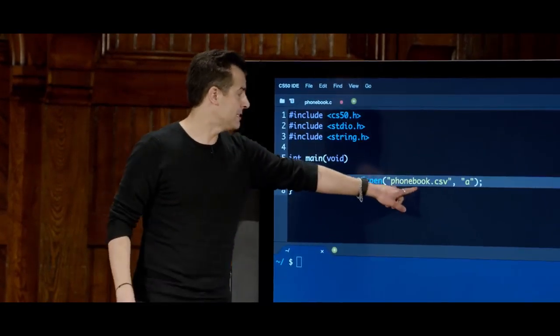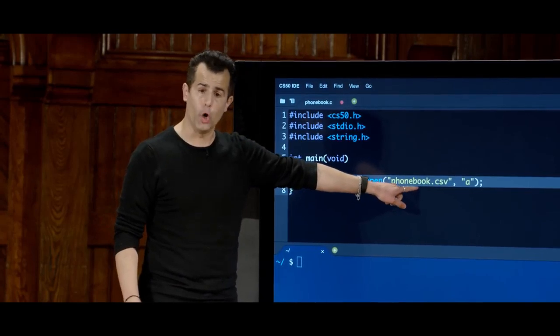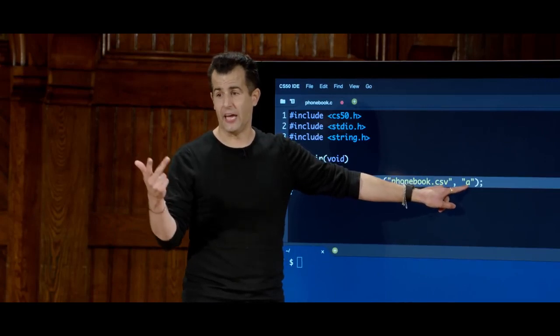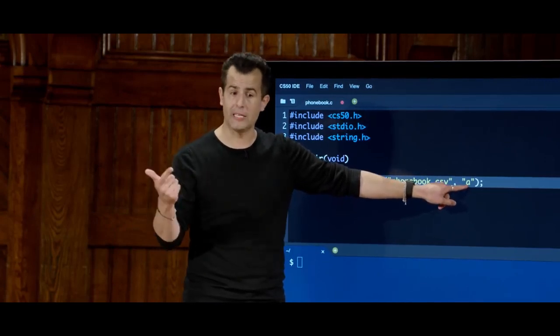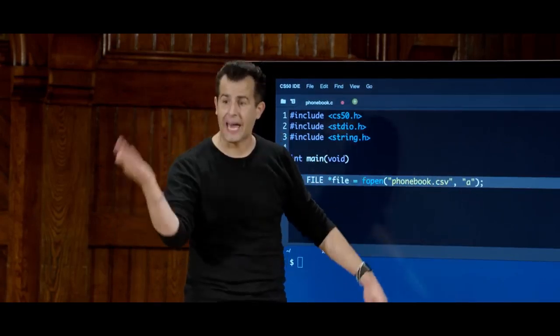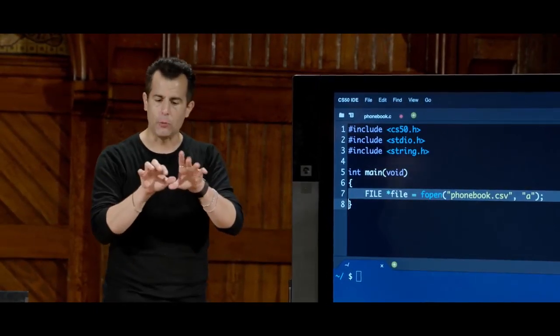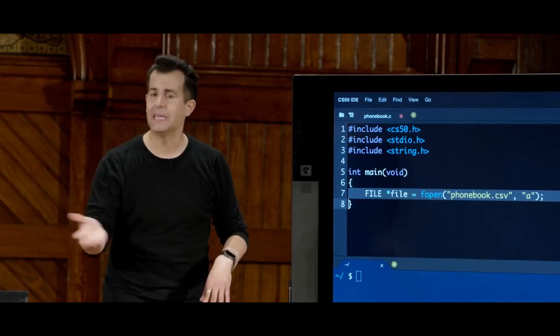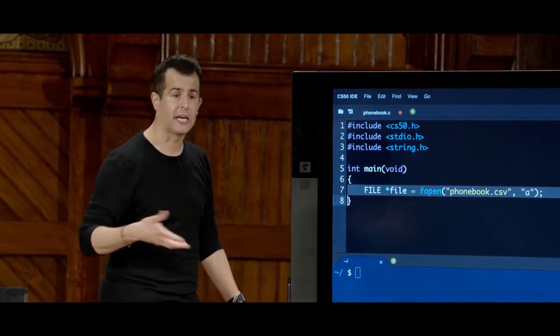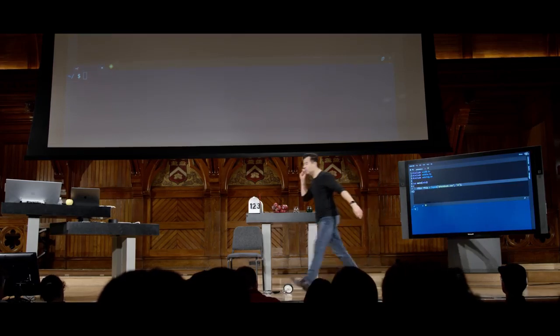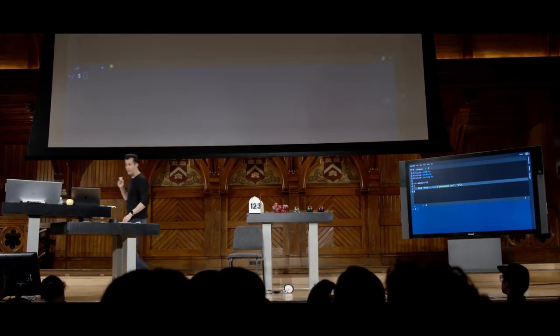fopen takes as its first argument the name of the file you want to open. And the second argument is either r or w or a: r for read, w for write, a for append, to just keep adding to a file. The goal at hand is to write a phone book program that lets me type in a human's name and number and just keep appending it to a text file, like a database that I can store if I want to keep track of people's phone numbers. fopen, by definition, is going to return a pointer to that file.